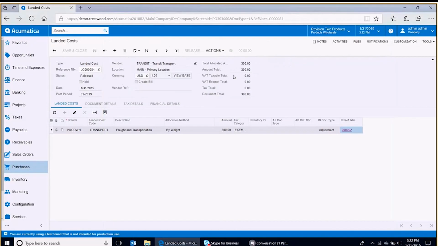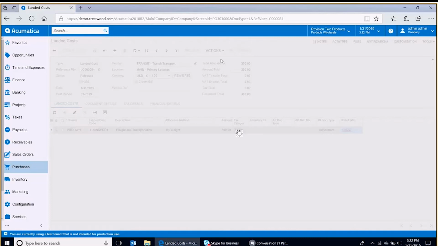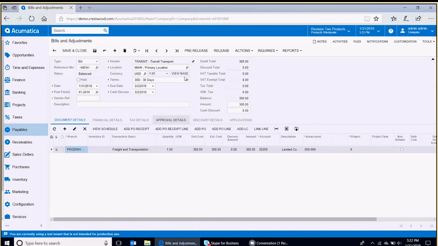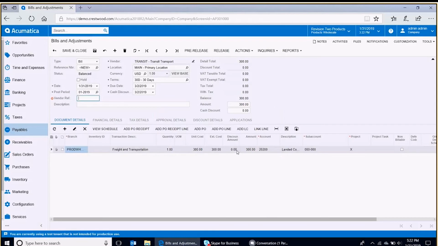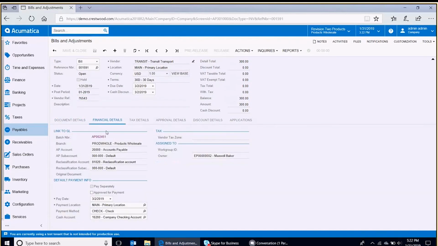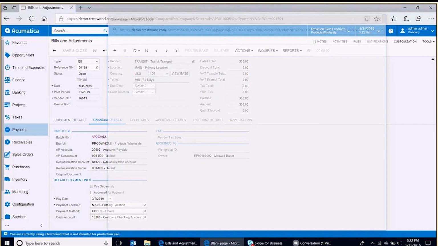So we'll back out to the landed cost transaction, create an AP bill, and release that. Oh, we get an error here. We need to put in a vendor reference. We'll put in something arbitrary here. Release that. And now looking at the batch number,